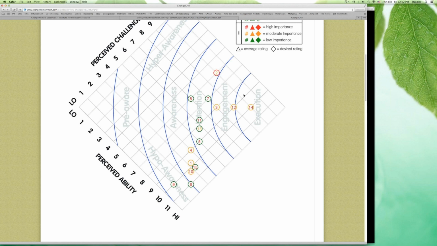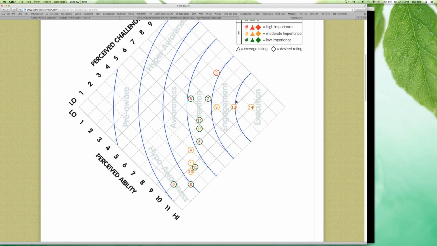And so I can't be engaged when my level of challenge is low. There has to be enough challenge. And so 6, 7, 8, 9, 10, great level of challenge. When you put those two things together, give me a solid level of ability and give me a challenge that puts that ability to the test. Or give me a test and then equip me with the ability necessary to do that, and I'll be engaged. I'll execute.